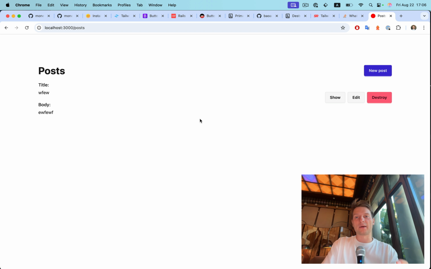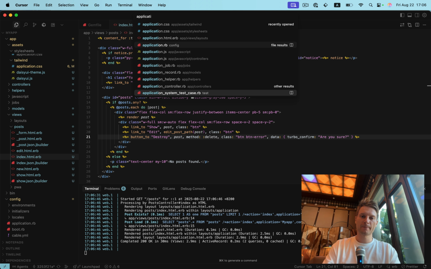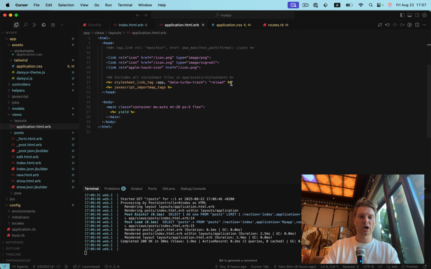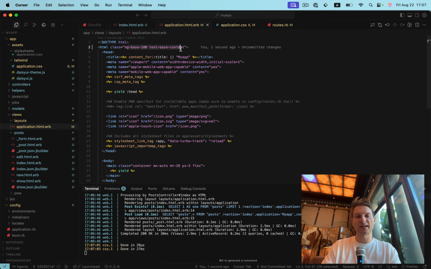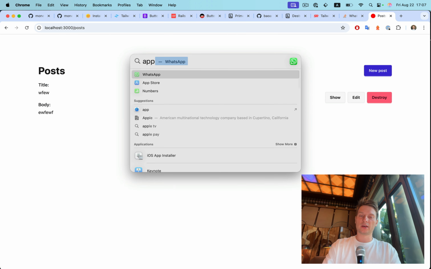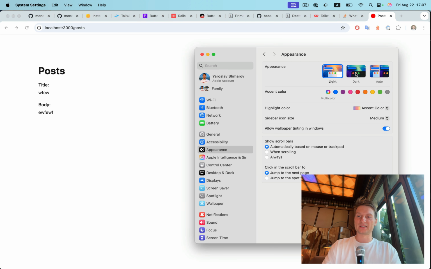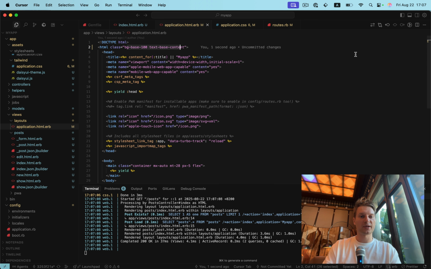So another thing I would want to do in any application is set the default background color and text color. So going to application HTML. Here I would go to head to HTML and set background base 100 and text base content. So I refresh, you see it's more or less the same, nothing has changed, but now it is going to work well in dark mode. So if I don't add these,